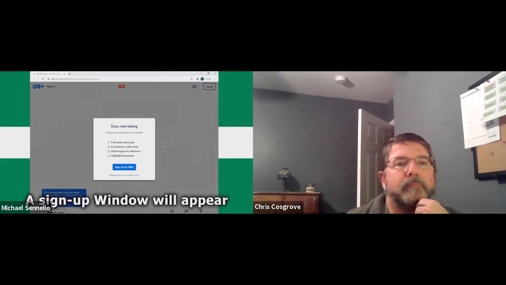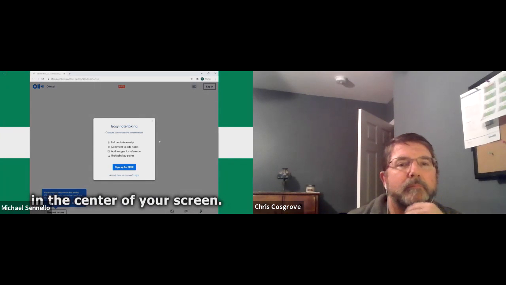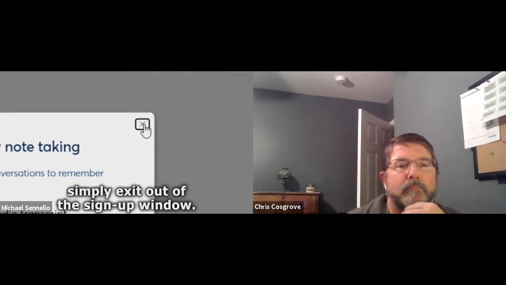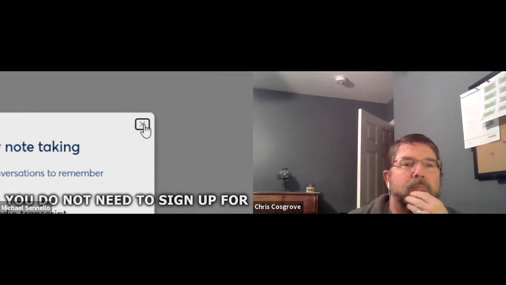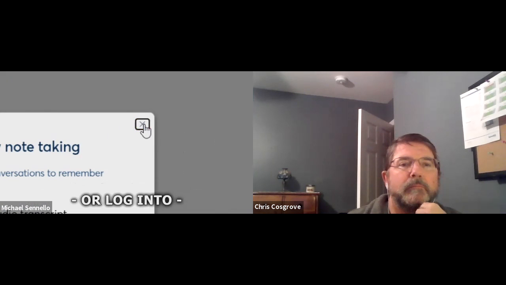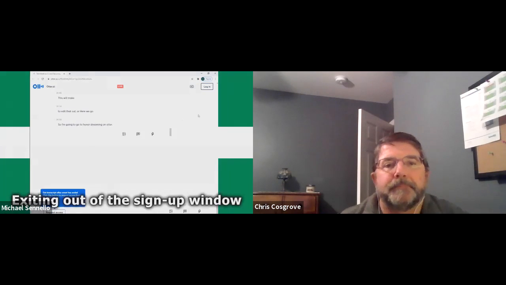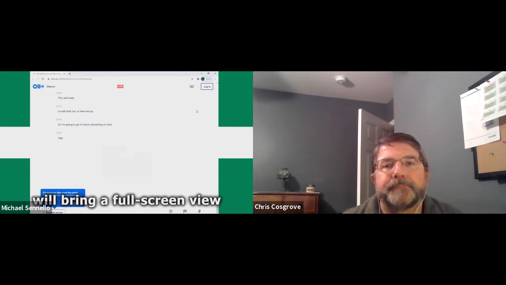A sign-up window will appear in the center of your screen. To get to the meeting text, simply exit out of the sign-up window. You do not need to sign up for or log into an Otter account to use this service. Exiting out of the sign-up window will bring a full screen view of the Zoom meeting's text in your browser